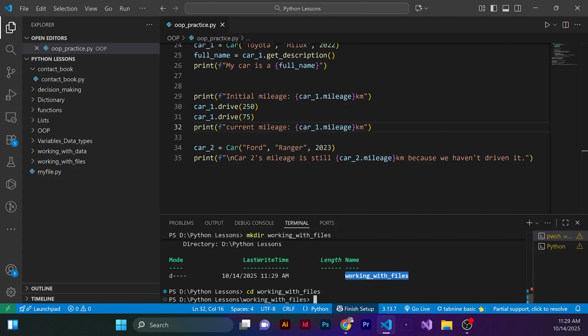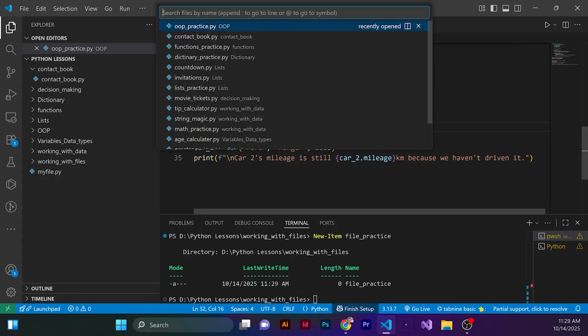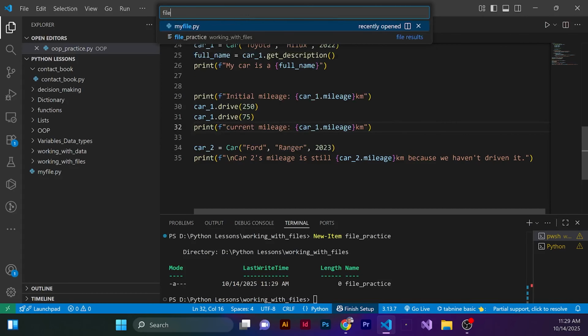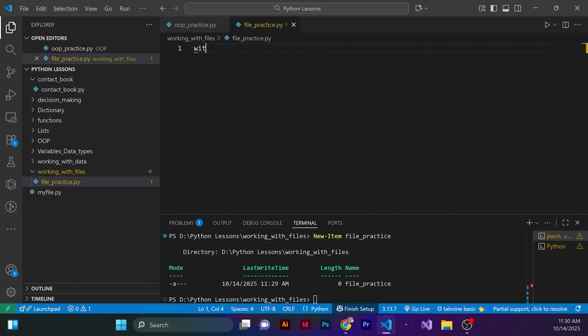And then we will just make a file. I forgot to specify it's a .py. So we can go with something like with open,